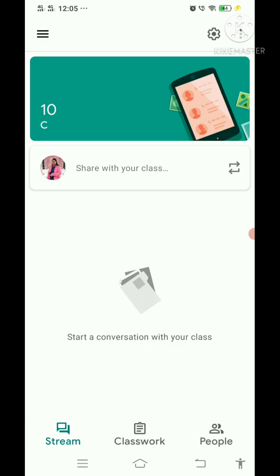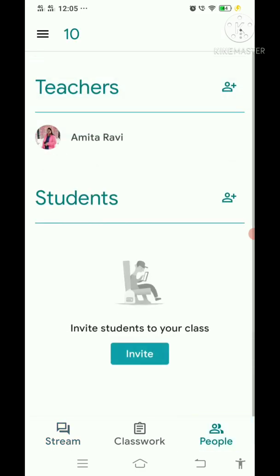Now, as you can see on my screen, a group with the name 10C is available. At the bottom, it shows us the options like classwork, people, stream. We need to click on people and select teachers or students' mail IDs for adding them in the classroom.